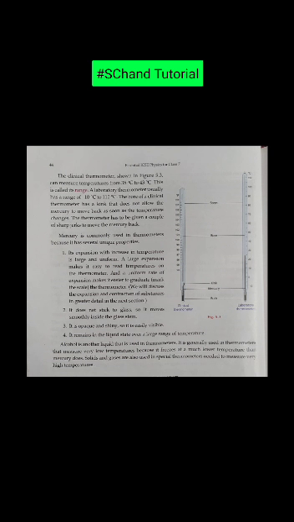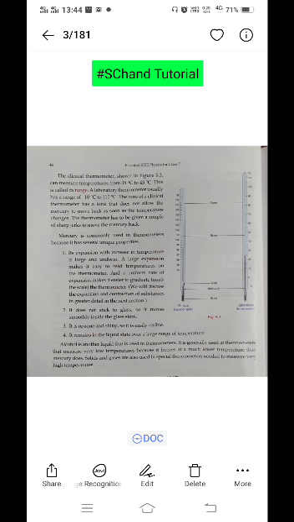Another type of liquid that we use is alcohol. Alcohol is used in some of the thermometers. It is generally used in thermometers that measure very low temperatures, because it freezes at a much lower temperature than mercury does. Mercury freezes at a somewhat higher temperature than alcohol. Solids and gases are also used in special thermometers that need to measure very high temperatures. So this was all about temperatures. Thank you.